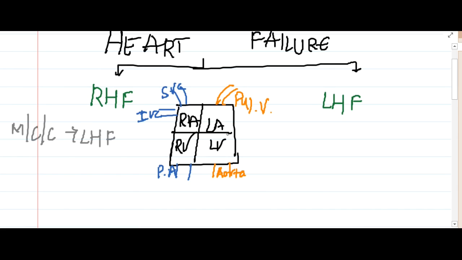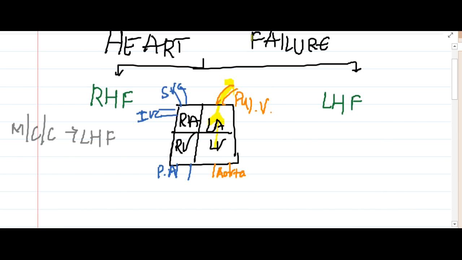Whenever there is left heart failure, the left ventricle will not be able to pump the blood against the high pressured aorta. So there will be back pressure. This back pressure increases the pressure in the left atrium. Now the left atrium cannot pump the blood to the left ventricle, so there is increased pressure in the pulmonary veins,